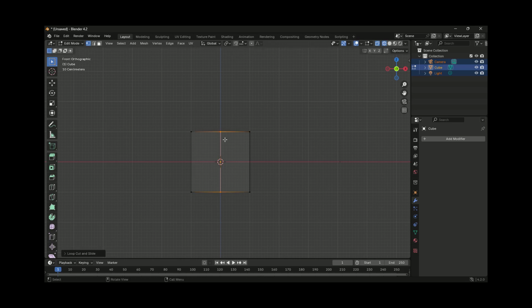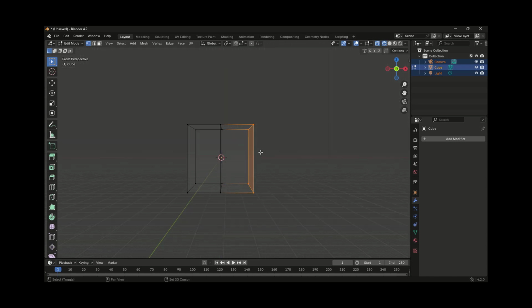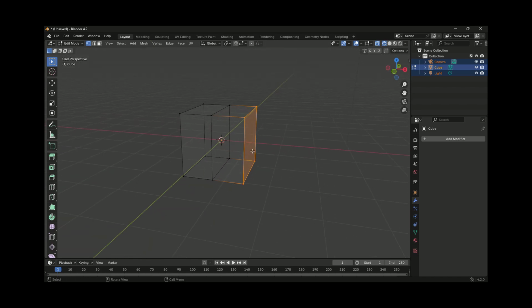So I'm just going to add a loop cut over here. Now I would select these 4 vertices on this side, press 1 to have front orthographic view in the wireframe mode. Okay, now that we have this, if I hold X to delete vertices and select the remaining portion,